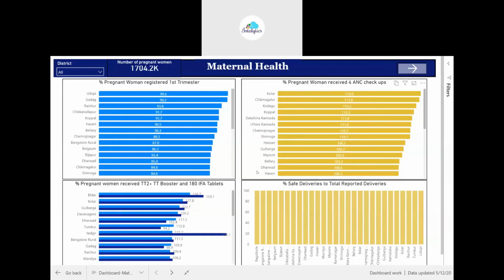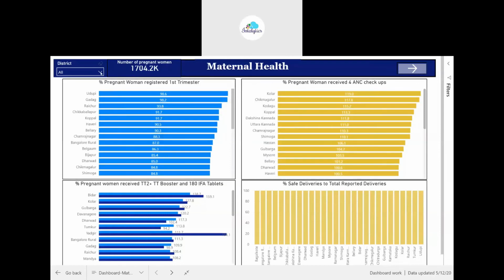First of all, to make any dashboard, you have to consider the thematic areas, and within each thematic area, what indicators are to be reflected. You have to map that first, along with the sources, the numerator and the denominator. You have to be very specific. Then any dashboard can be made very easily. So here there are four or five sets of indicators that I picked out from the 2019-20 HMIS data.